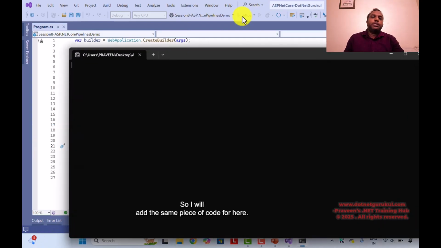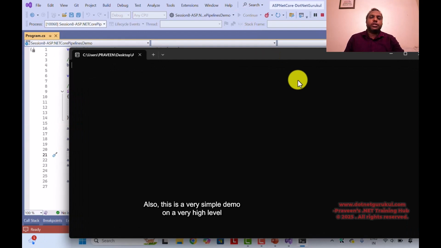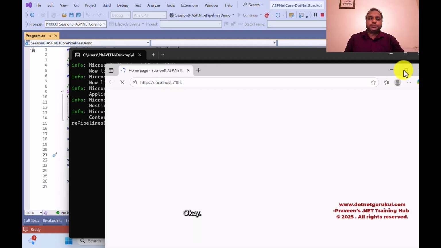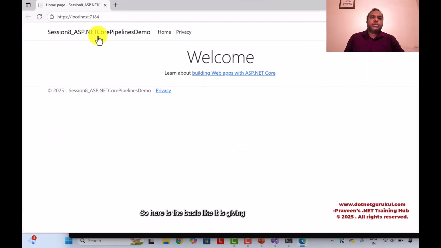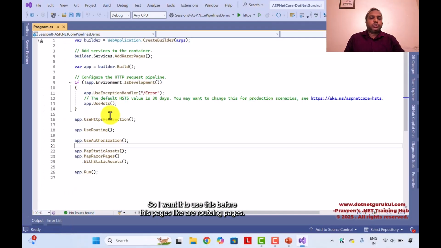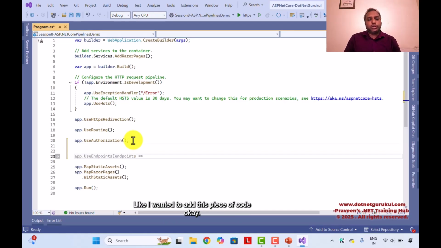So I'll add the same piece of code here also. This is a very simple demo, on a very high level, for you to understand the middleware. So here is the basic: it is giving your index.cshtml from the pages folder. I wanted to use this before these pages, our routing pages, so I wanted to add this piece